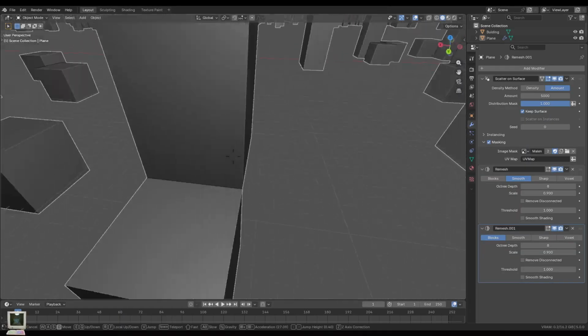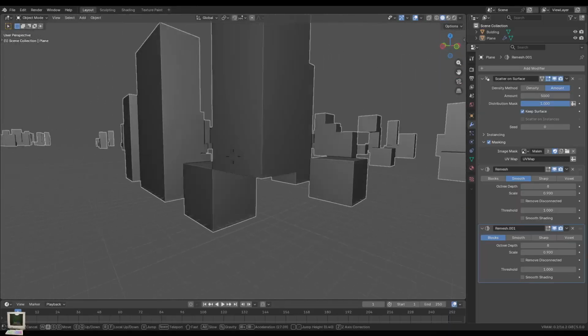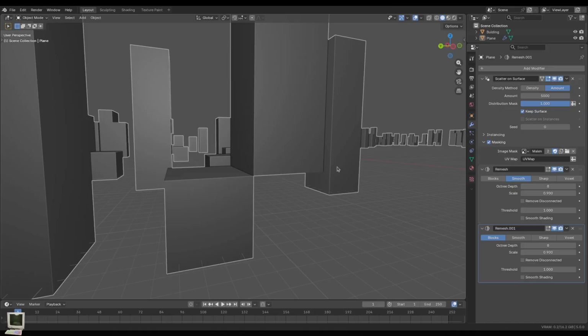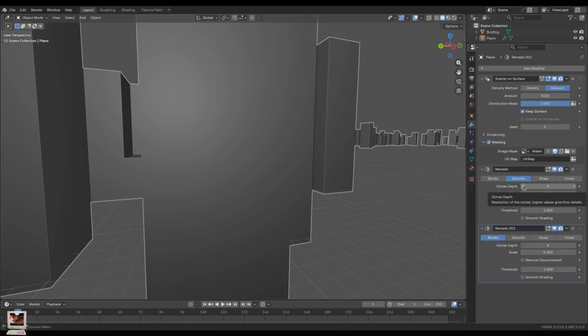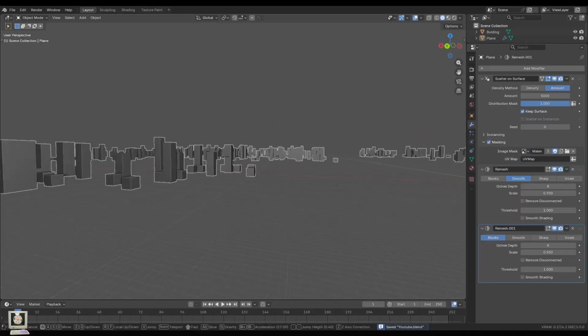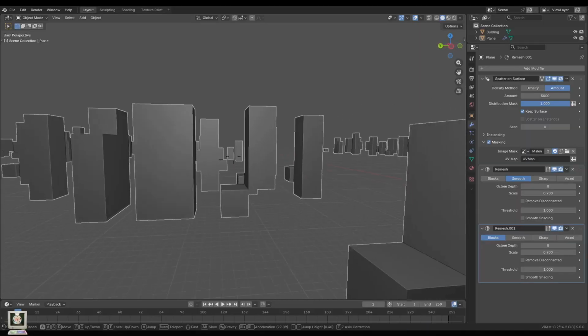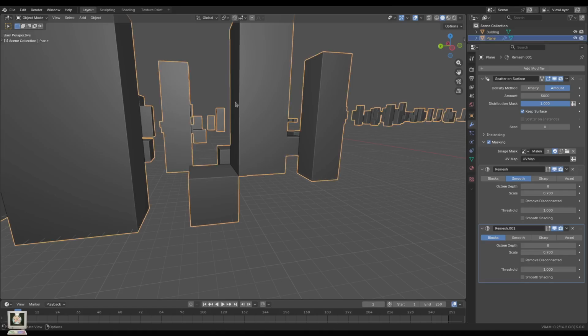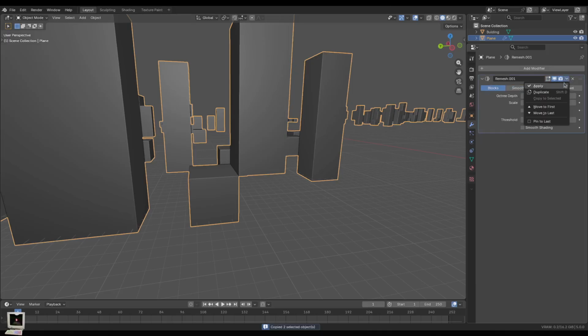There might be some other things where this is what I said, it's not a perfect method. This would not be a real good building, I guess. But you can apply it, and if this is a city in the background, that's not a big deal. But let's say we are happy with the city here, and eventually we want to fix some of the weird buildings that would not exist, right? We would apply, I'm going to save it in between, just started copying that, apply that, apply that, apply that, and